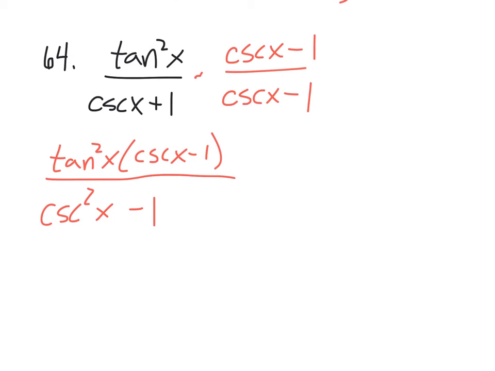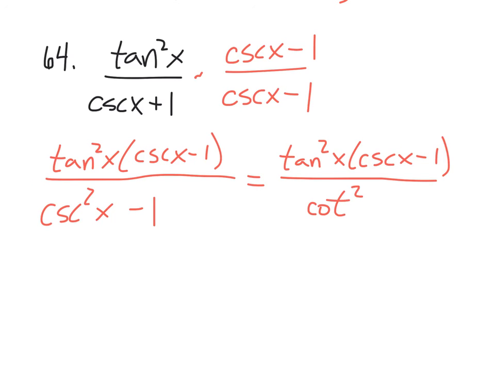Cosecant squared of x minus 1 is the same as cotangent squared. Because we have this tangent squared over cotangent squared, we should feel pretty good about something happening. We can rewrite these as